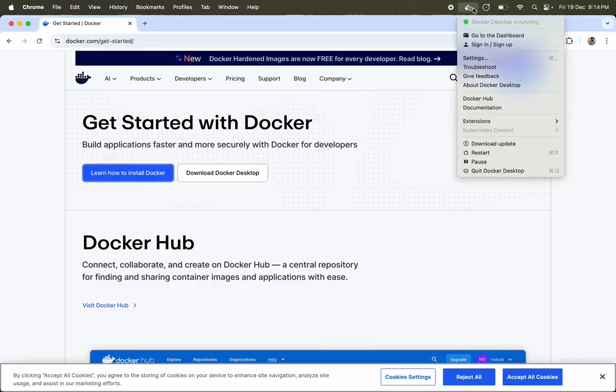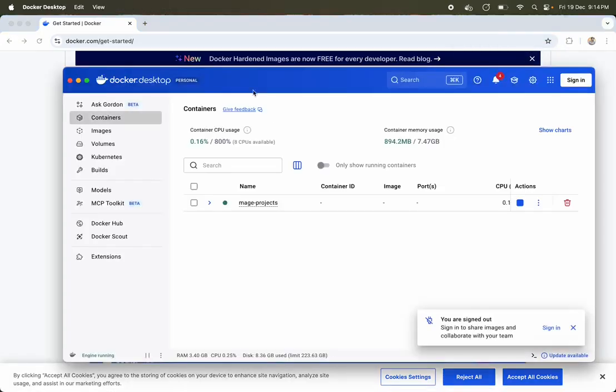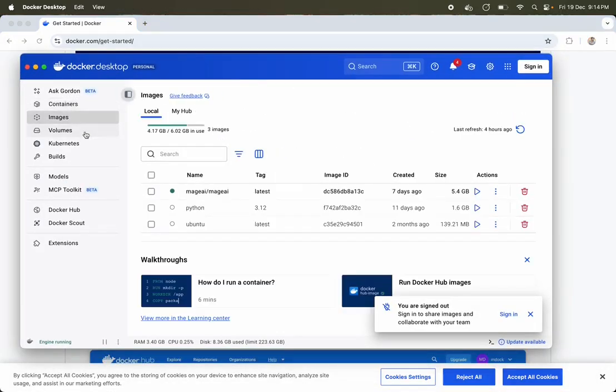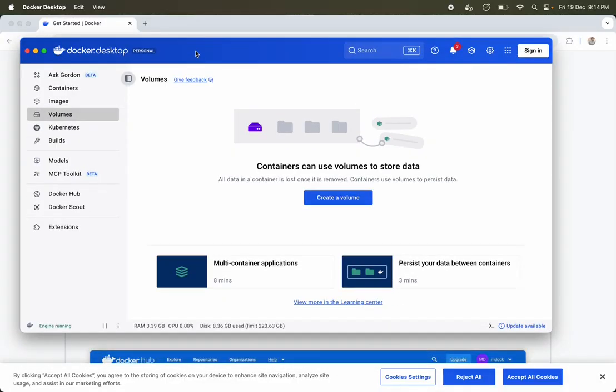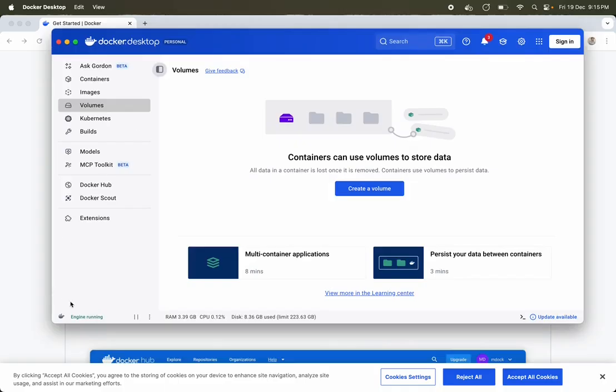Okay, so I have already started it. So this is the Docker daemon. Now what this Docker daemon does is it basically runs certain things which make Docker possible. Okay, now I can cover what Docker is and what features Docker has in another video, because it will take us away from the topic of this discussion. Okay, so it starts the Docker daemon, and you see this engine is running on the lower left.